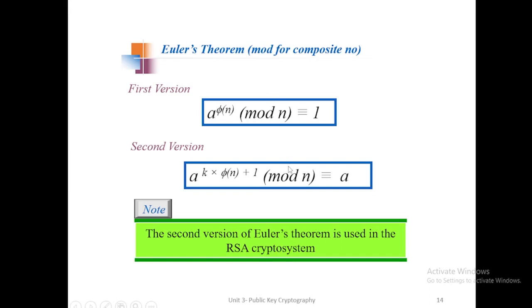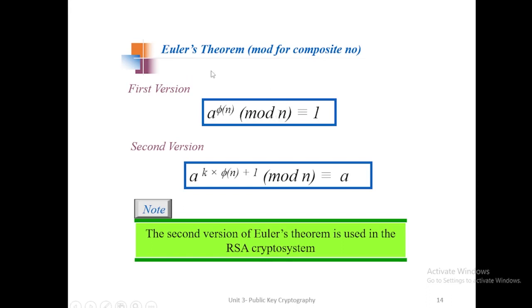So you just go through the value of n at the right side. If n is a prime number, you apply Fermat's theorem. If n is a composite value, apply Euler's theorem. That is the only difference. So we just carefully note the n value. According to whether n is prime or composite, either Fermat's or Euler's theorem may be